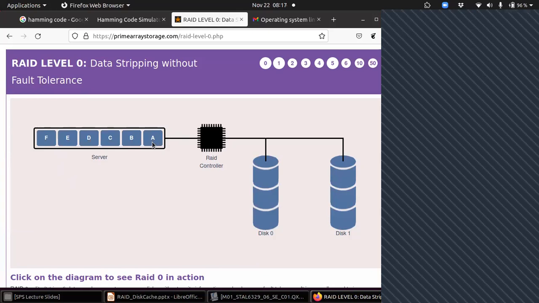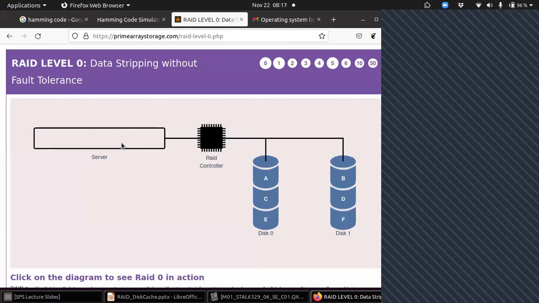striped manner. What is that? Just see here. Block A is on this disk, block B on this disk, block C again on this disk, block D will be on this. So the whole data is striped block by block, maybe in different ways also, but this is the simplest way.